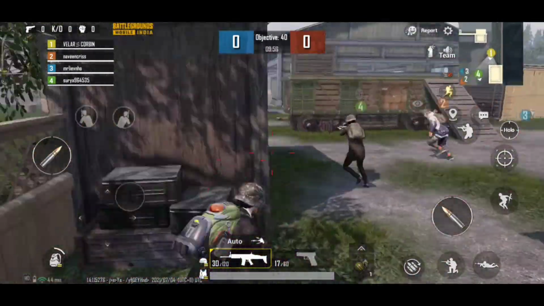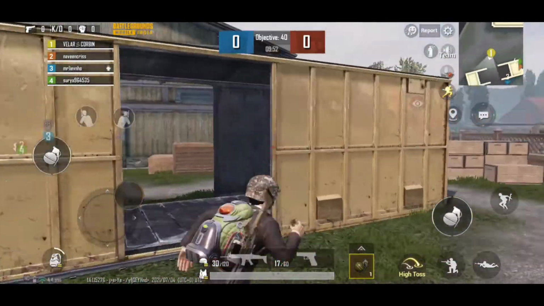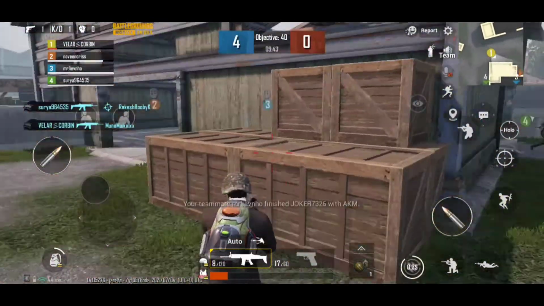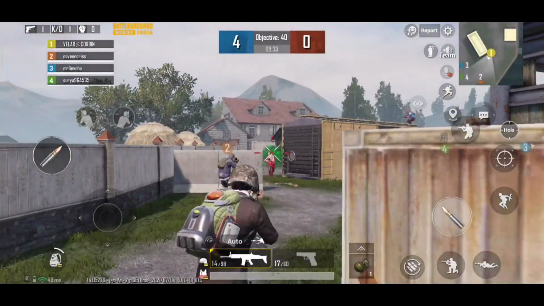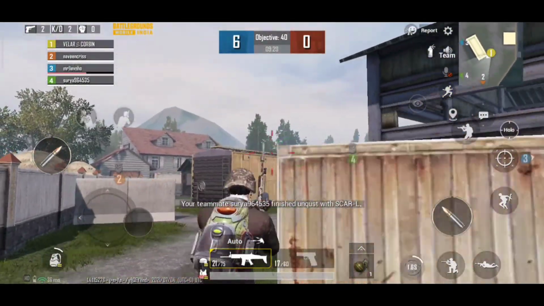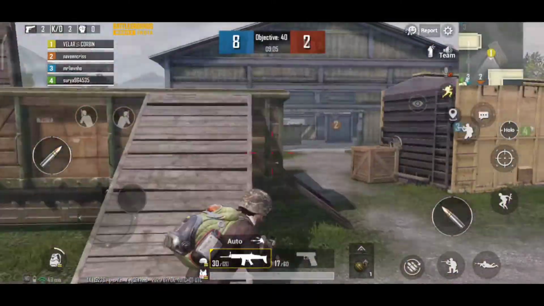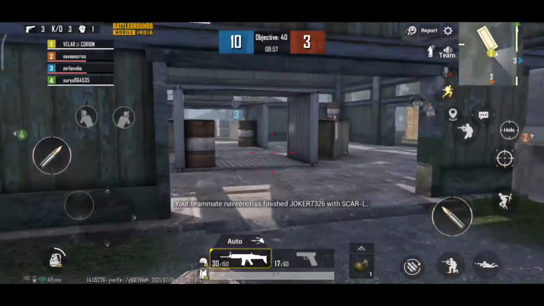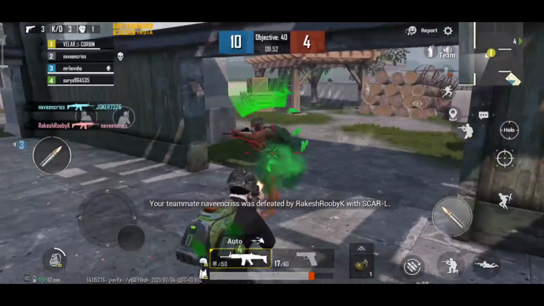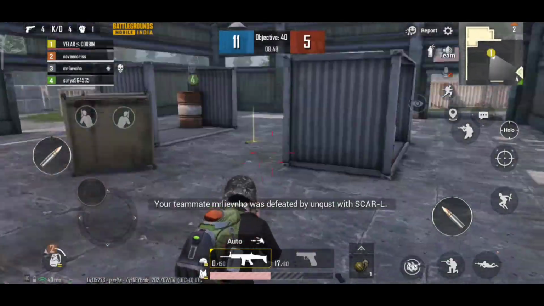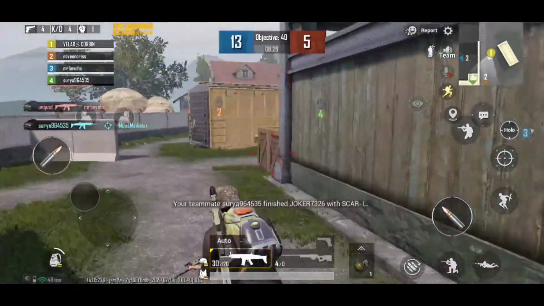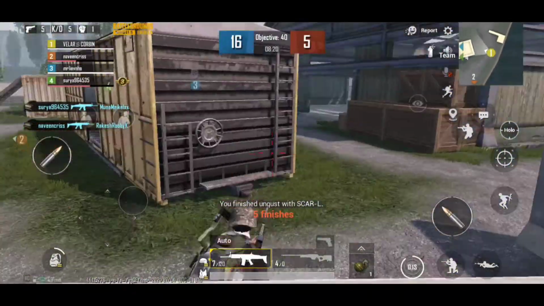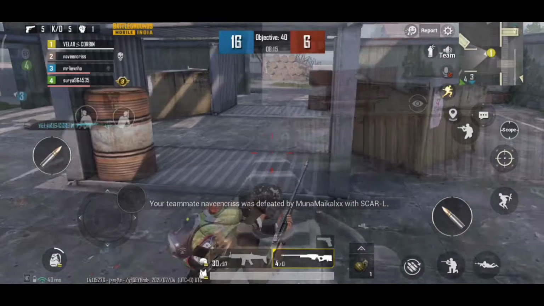So here's the first match. Let me show you. As you can see, I waited for my opponent to come. As you can see, it is so easy to kill the other one. Even though I got damaged, you know the movement. This is so good. I've fast forwarded it because it consumes a lot of time, and it will also save you time to watch it in an easy way. As you can see, I've killed almost like combos and trios and whatnot. See the consistency, and you know while firing even the screen wasn't shaking.